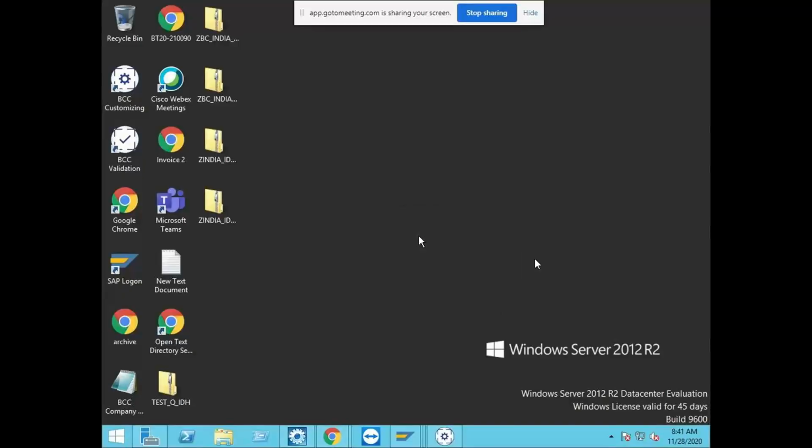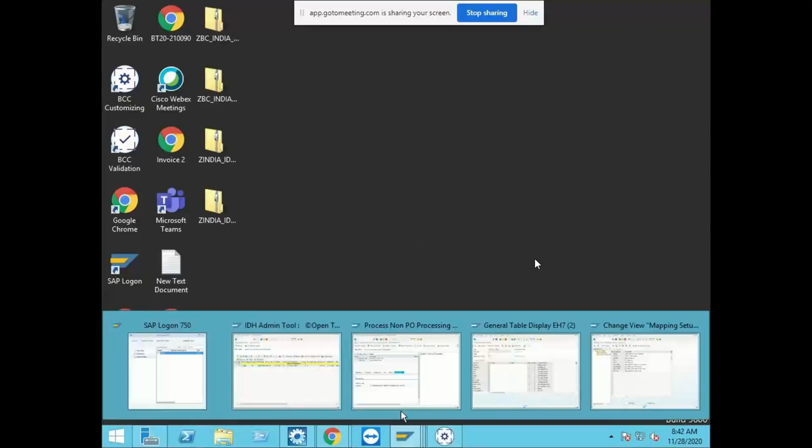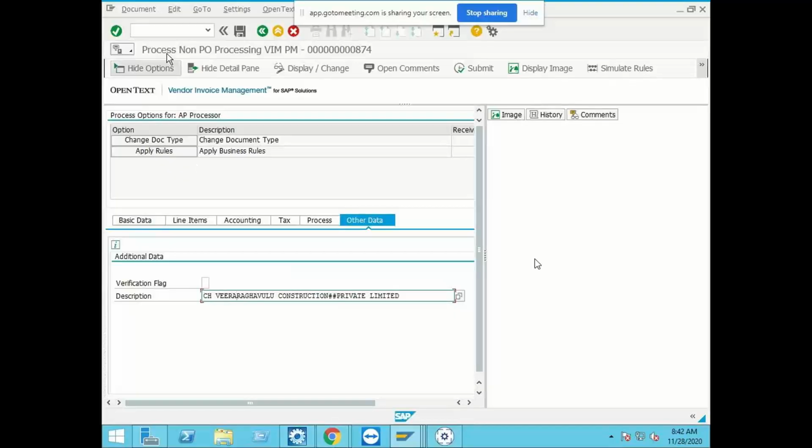Right. So now, actually, I have the same question. If some data is not extracting from BCC, meaning vendor related or other details, then how can I check? You cannot check anything directly. If the vendor details are not extracted, okay, then against that DP, whether BCC extracted it or not, there is a